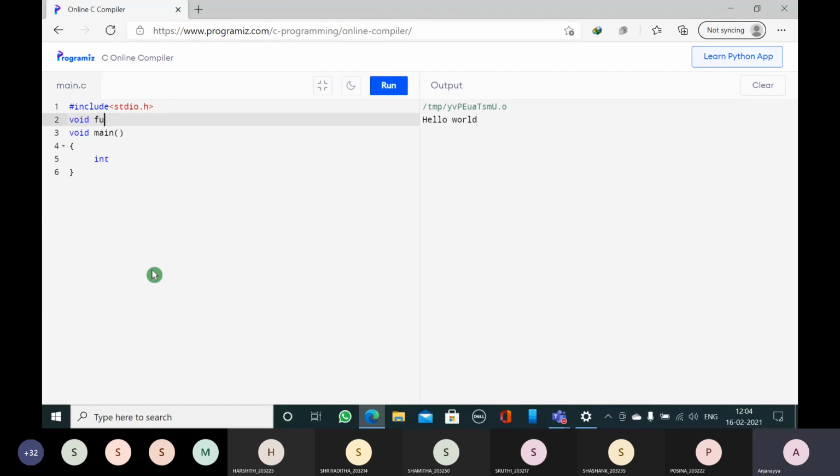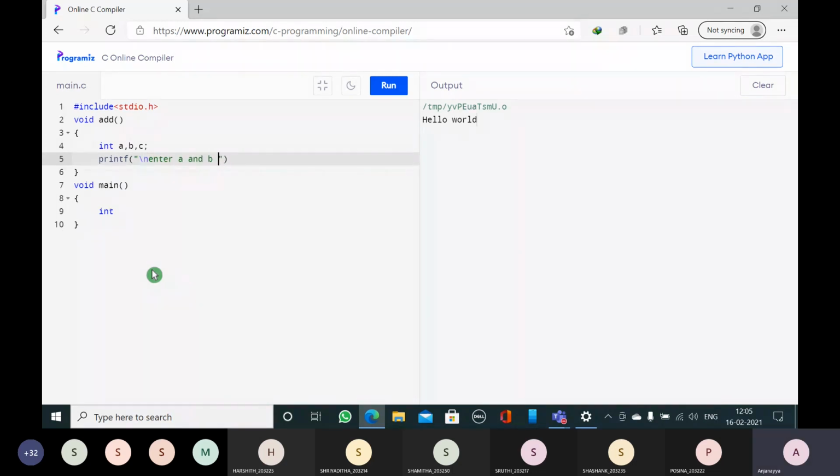Void function add, int a, b, c, printf enter a and b values. Now I am entering the values by using the scanf statement.